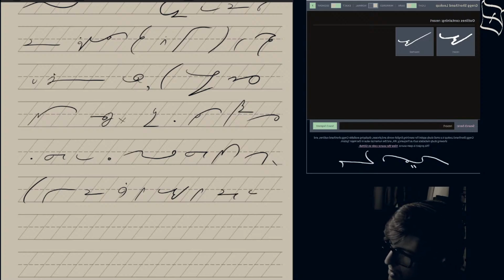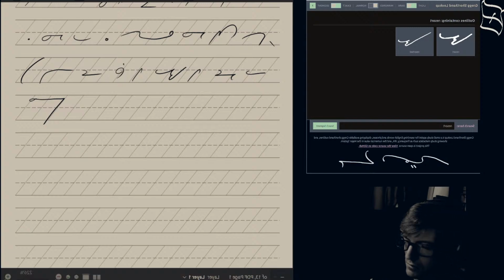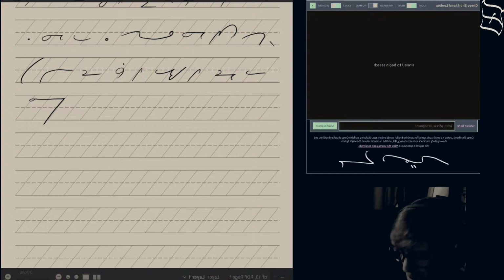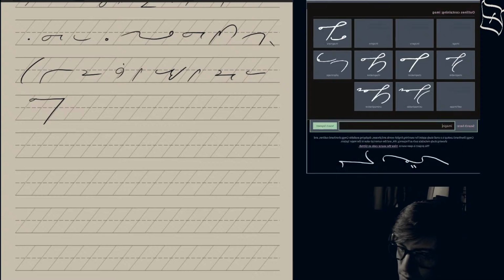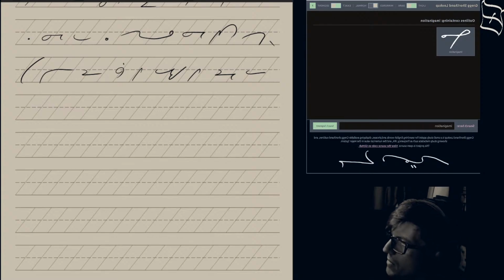Imagination, I believe. Let's check it. No, it does require the A vowel as well, the A circle. There we go. And that one was the Luhmann quote.